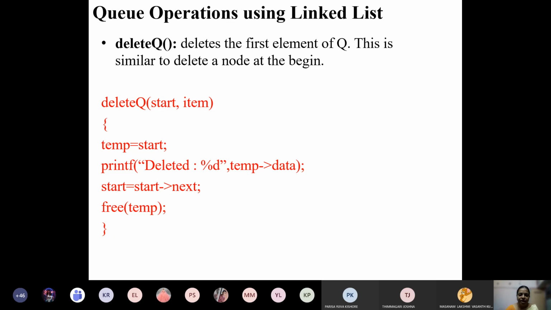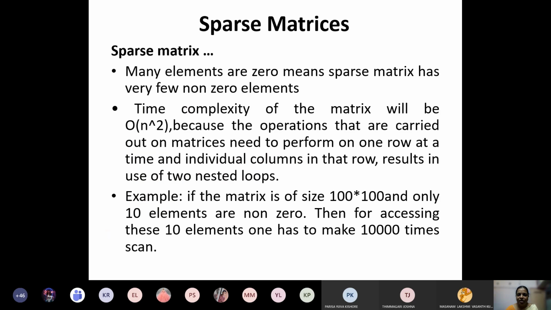Next we'll go for the third application of the linked list. Sorry, here the order is changed. It is sparse matrices. We are going to implement sparse matrices using the linked list.